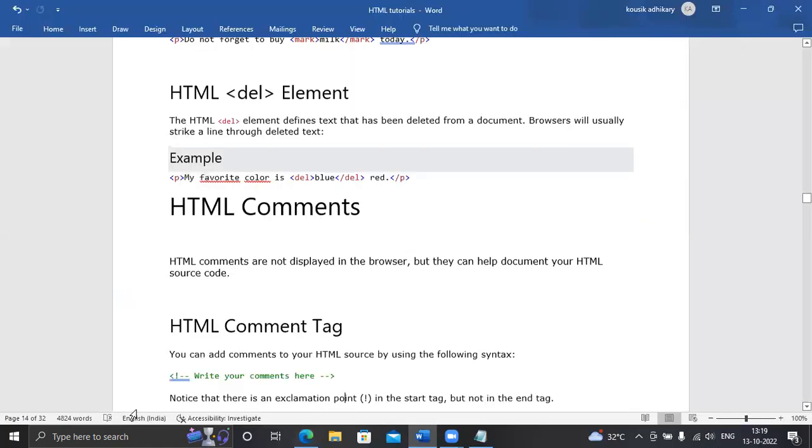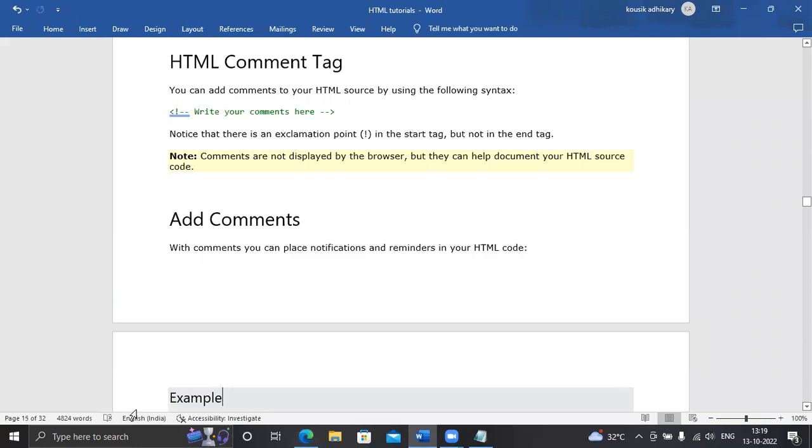HTML comments. Suppose you are writing some 1000 lines of code, and after completing your code, after 1 year, you will definitely forget which code is for what purpose.